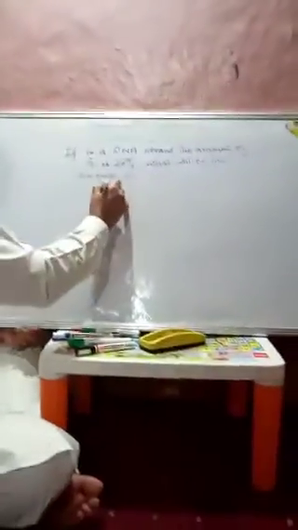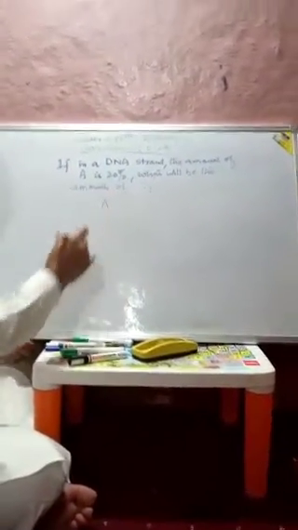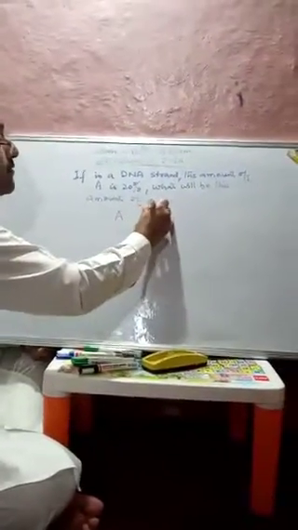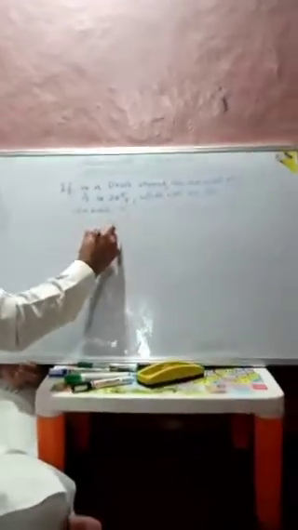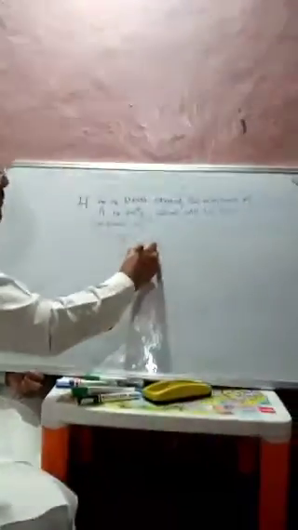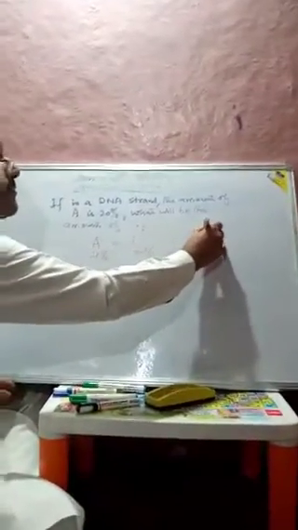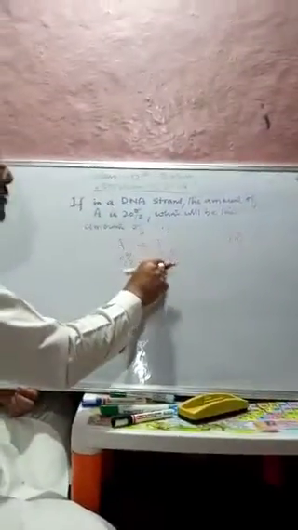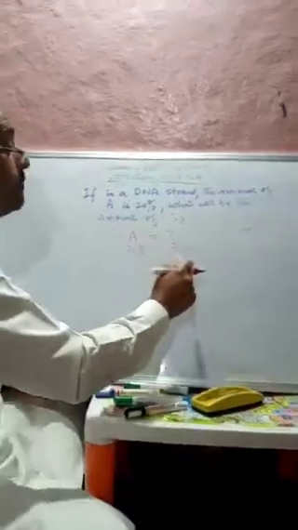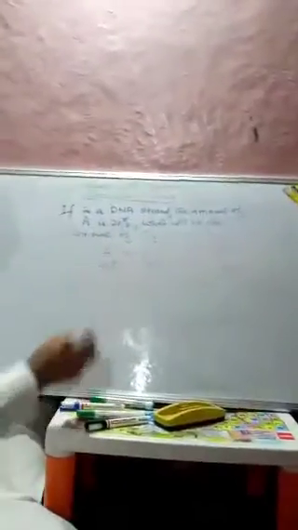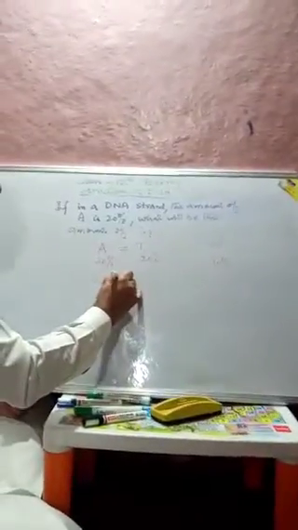we know according to the base pair rule, adenine mainly pairs with thymine. So we know that adenine is 20%. What will be the amount of thymine? It will also be 20%. In total we have 100%, out of which adenine was 20%. Now knowing this base pair rule, the total thymine also came out to be 20%, so in total we have 40%. Now we are left with guanine and we have to determine cytosine.